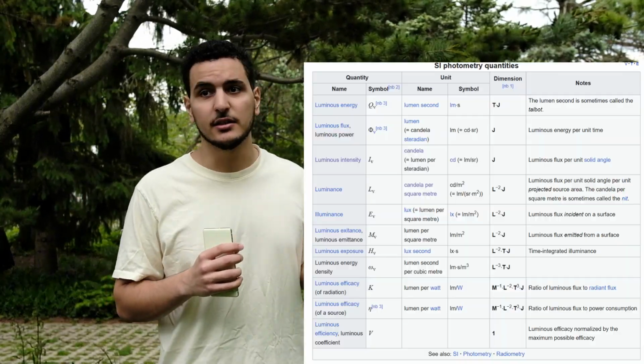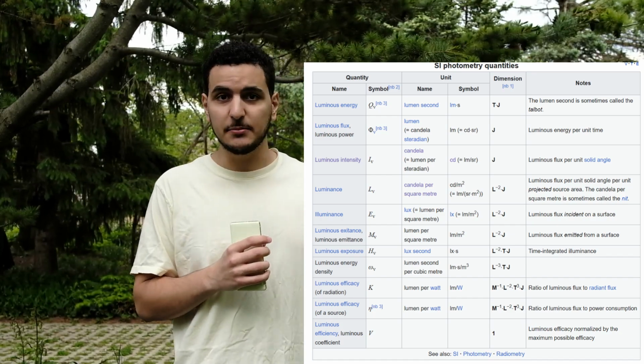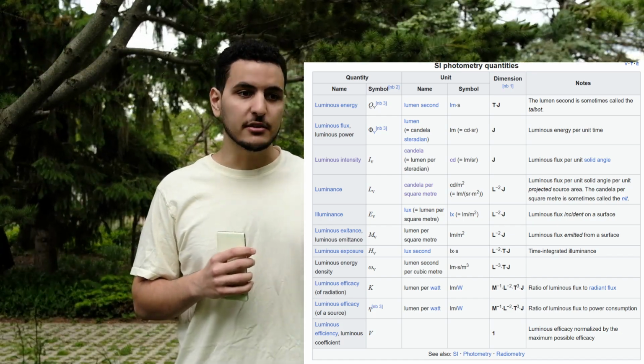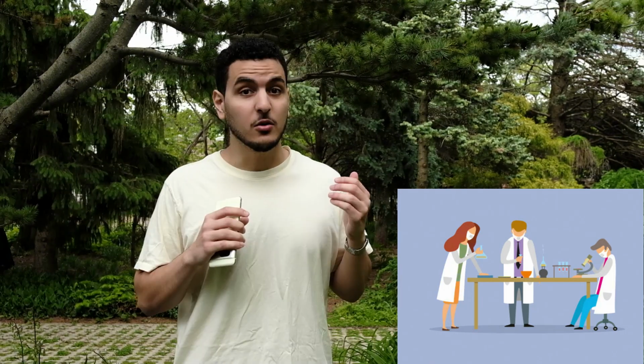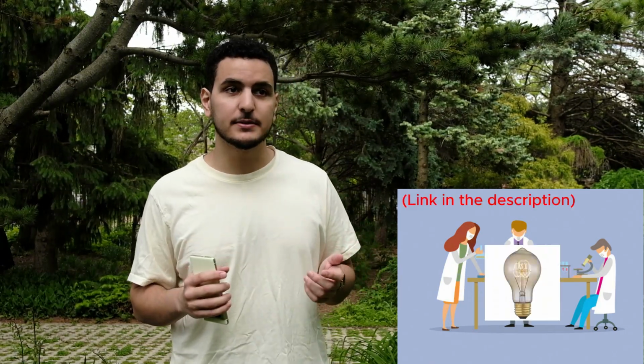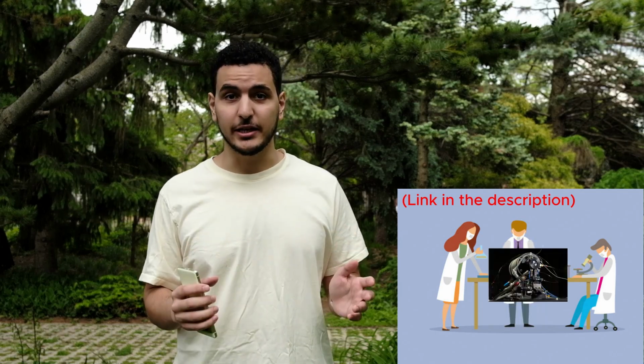So we went over how we perceive brightness, but how do scientists measure brightness? What is an objective way to measure brightness? In reality, this is not a straightforward question. Here are just a few of the ways and units scientists use. There's truly a dizzying amount of information here. But there's one unit in particular that a lot of these measurements use, and it's called candela. And the history of candela is actually pretty interesting. It involves a bunch of scientists trying to standardize a unit for brightness using whale fat, gas lamps, carbon filament lamps, freezing platinum, and finally, radiators.